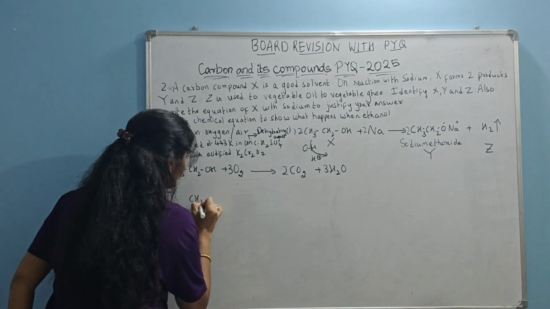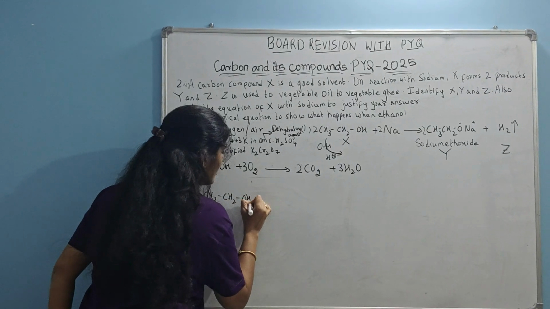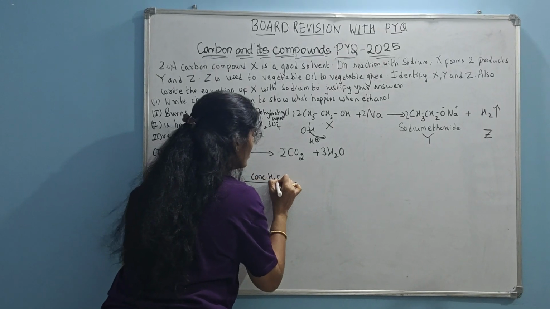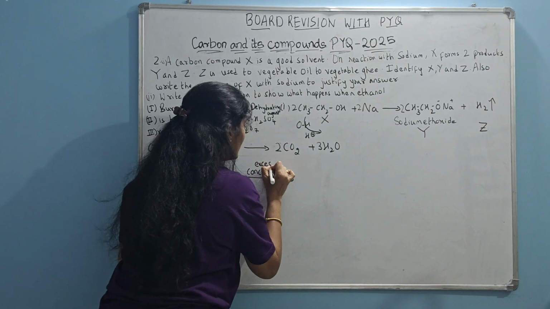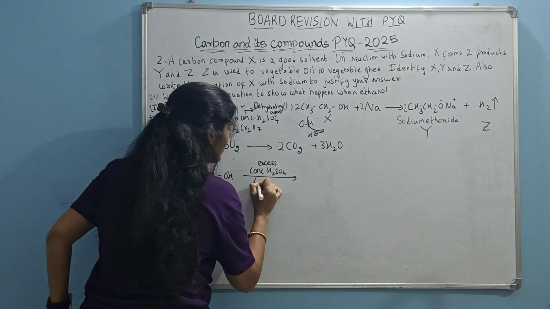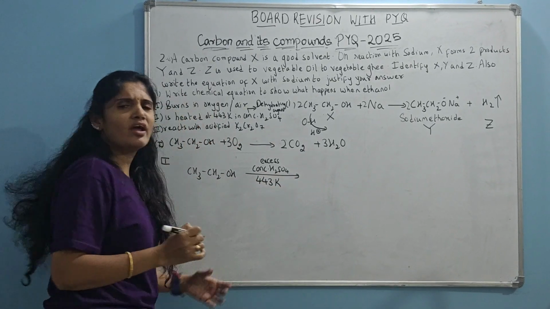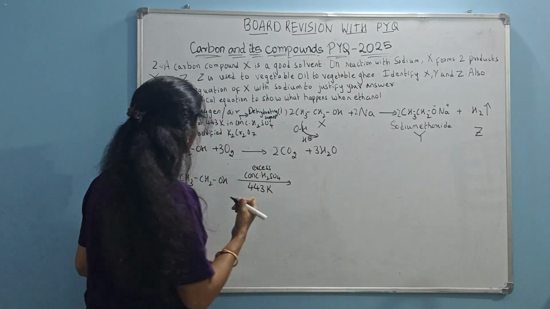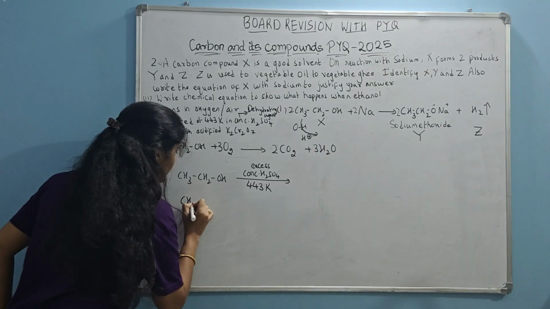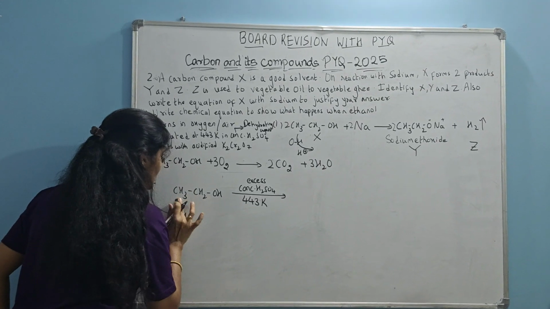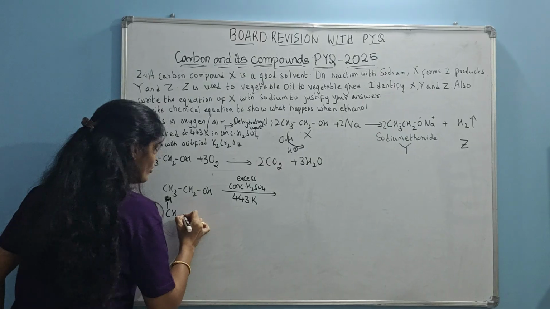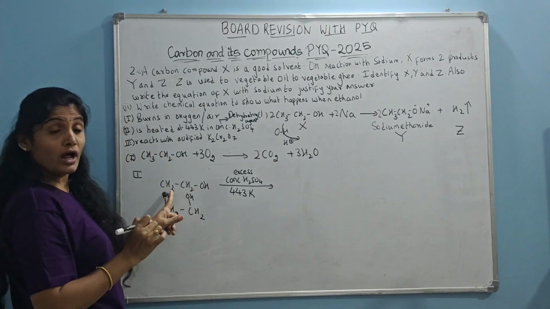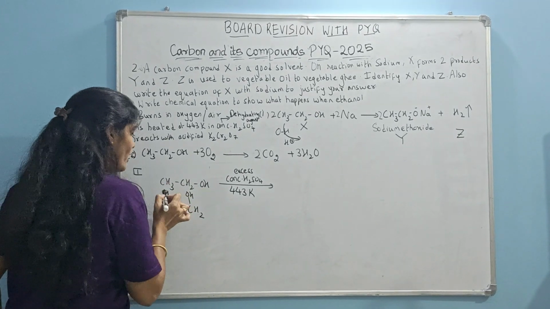Now let me take ethanol CH3CH2OH, and I am doing dehydration of this using concentrated H2SO4. Now I will take this in excess so that dehydration can happen easily, and the temperature condition here is 443 Kelvin. I need high temperature to remove water from ethanol. Now from here, if I remove water, what will I get? This I will show you in a better way. CH2, I am writing this hydrogen separately to give you a better view and understanding. CH2OH. Now from this carbon, hydrogen is removed. From here, OH is removed.